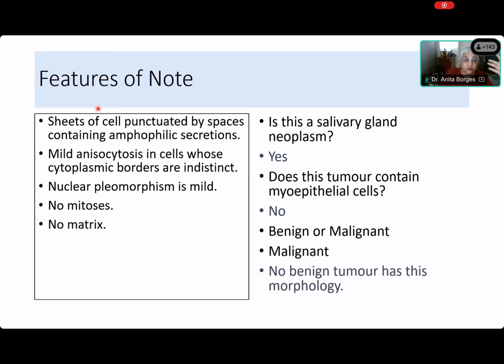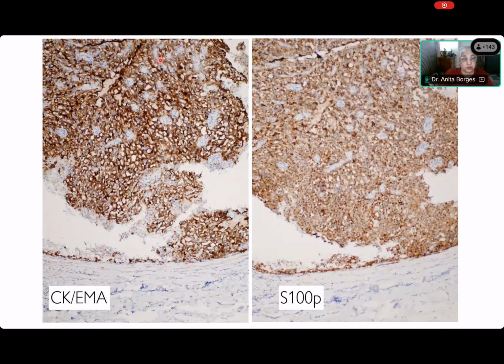Then you go to find out what kind of tumor it is, and I told you it's a secretory carcinoma. And here is the immunohistochemistry, which you do not require. It is CK and EMA positive. If it was only CK positive and not EMA positive, then we'd have to think, is this some funny myoepithelial tumor or not? But it is both CK and EMA positive. That happens in all luminal type epithelial cells. So this tumor is showing differentiation only towards luminal type cells. And then, of course, it has S100 protein.